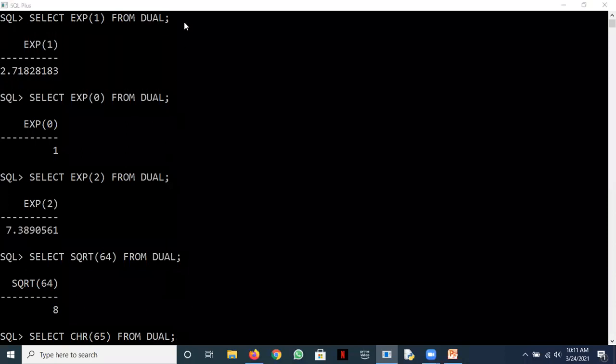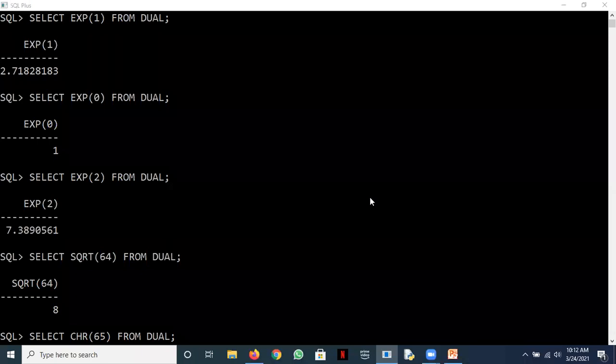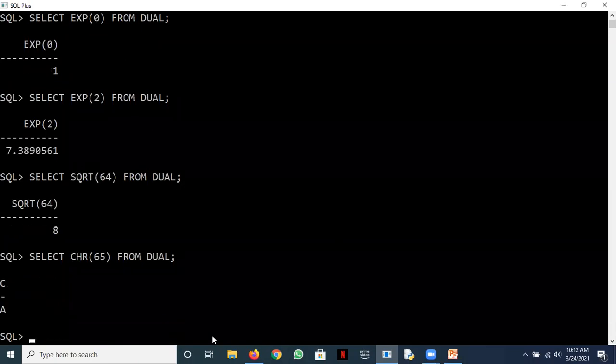Predict the output for this. Here the CHR function would display the character associated with the ASCII value 65. We don't have anyone answering this. I hope all of you are attending the class. Okay, Subia wants to answer. Yes, Subia, unmute yourself. Sir, A, capital A. Capital A. And Subia, are you back in Jammu? Yes, sir. Okay, chalo, theek hai. That's good. I think your answer is correct.